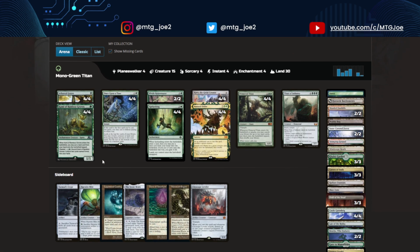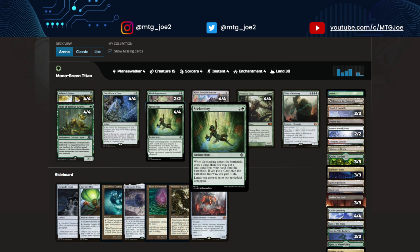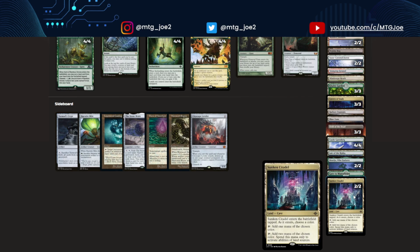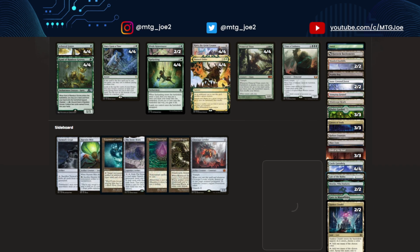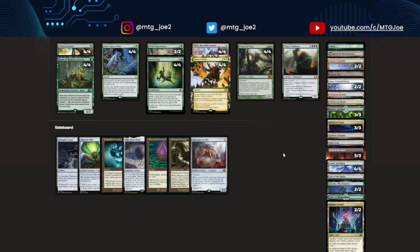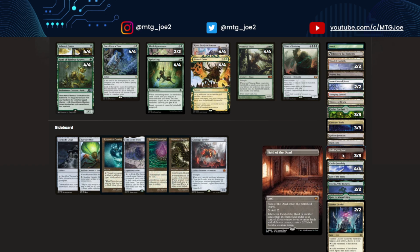But basically, Dork early, turn 3, ideally Natural Order into Primeval Titan. You also have Sunken Citadel. With the Citadel and Castle Garenbrig, it reduces the activation ability, so you can cheat out the Titan even earlier. Another great art card, Field of the Dead, got reprinted, but it's Mythic here, so that hurts because that's a cool